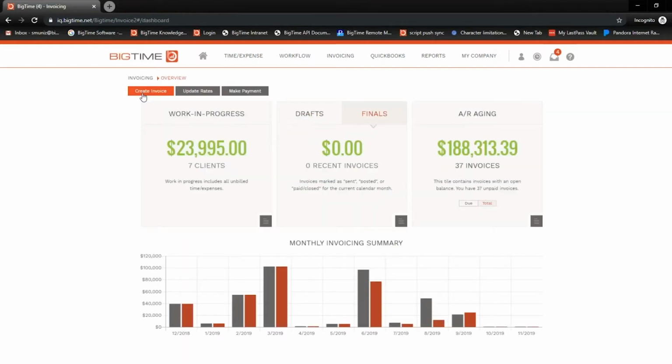Up top here, you can click Create Invoice to start the invoicing process. You can click Update Rates, which would update the billing rates for all of the time in the work in progress. So if any of the billing rates have changed, the new rates would be applied to all time that's in the WIP. You can also log a payment as well